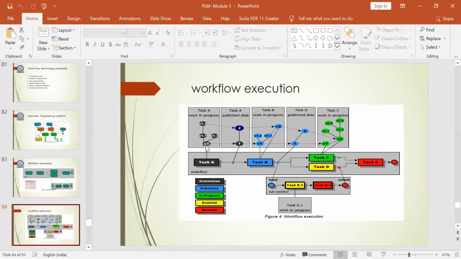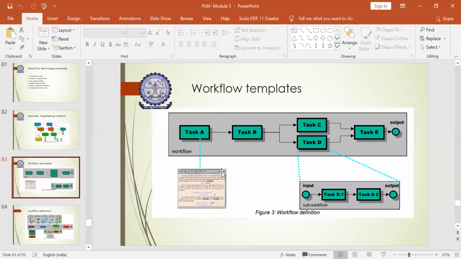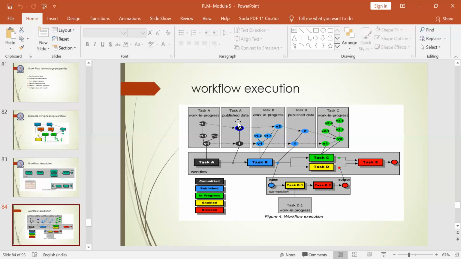So it shows all the versions of work associated in task A based on the input data received by task A. Okay, so once the work in task A is done, it will yield some results. So that is the output of task A. Once the output comes out, this output data will be published as task A published data. So these are the outputs of task A.